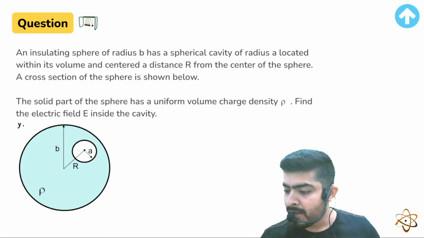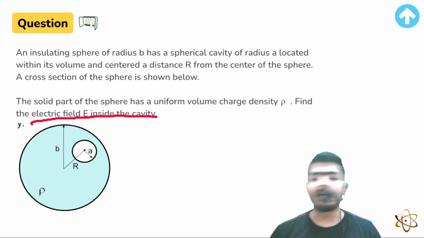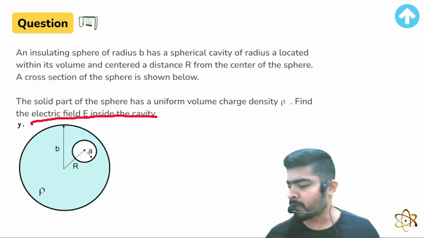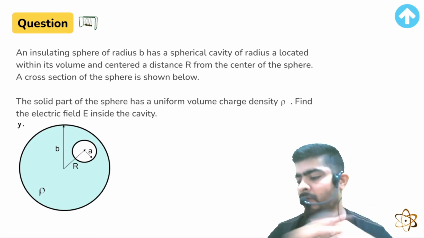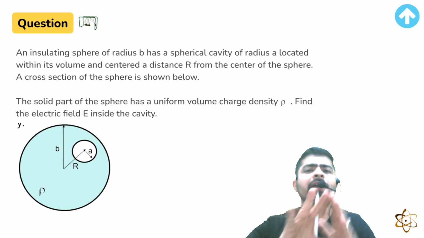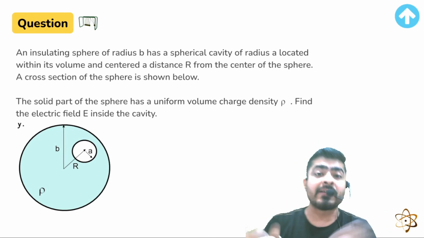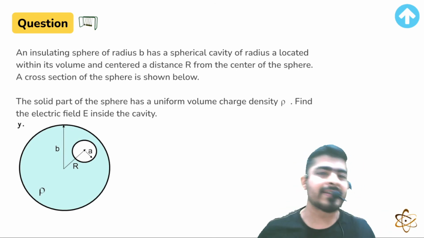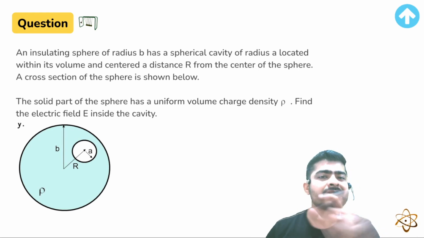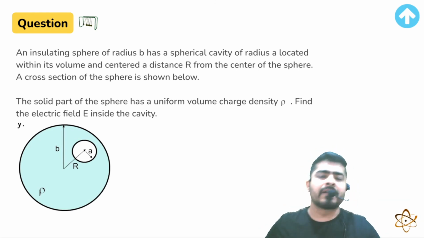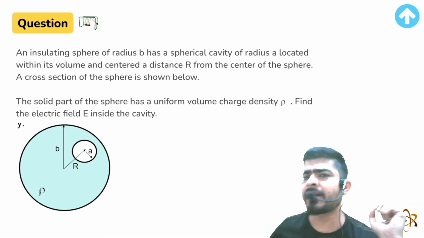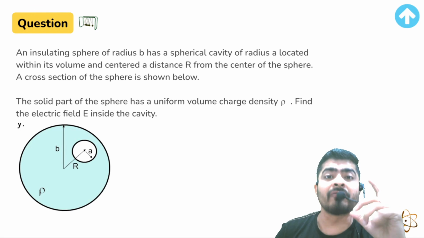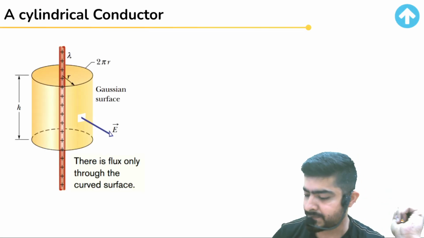Okay, now they're asking the electric field inside the cavity. Now most of you know the answer to this question. The electric field inside the cavity is uniform. Okay, so I will not go into the entire derivation because that's very lengthy. I'll just tell you the trick to remember the formula for these types. What if this question is asked in the exam? If you don't remember the formula, then that's it, you can't solve the question. So I'll tell you a trick how you can solve this question very easily. Pay attention.